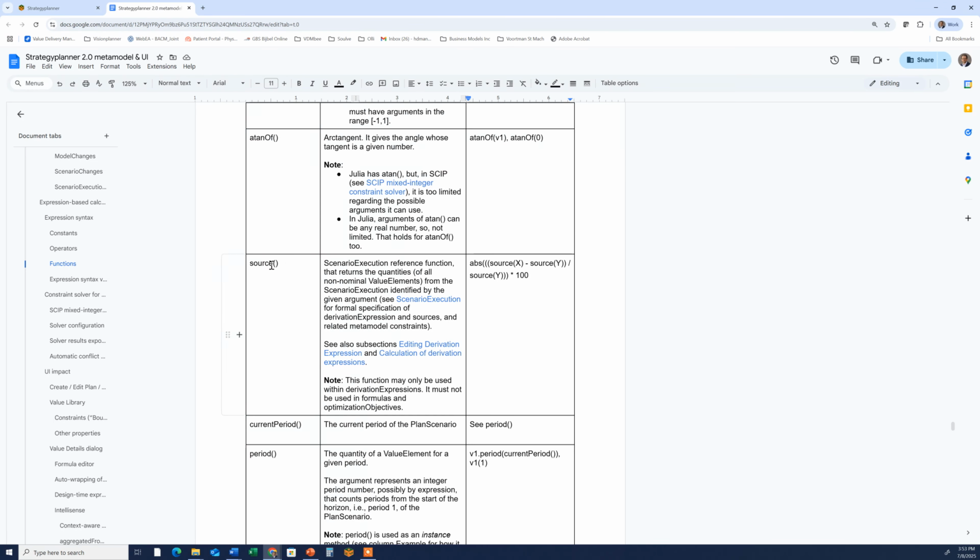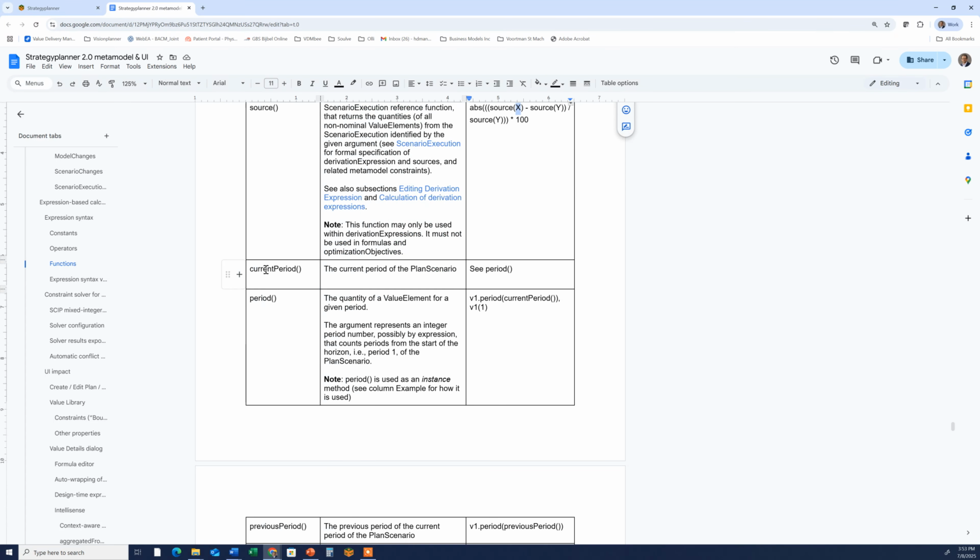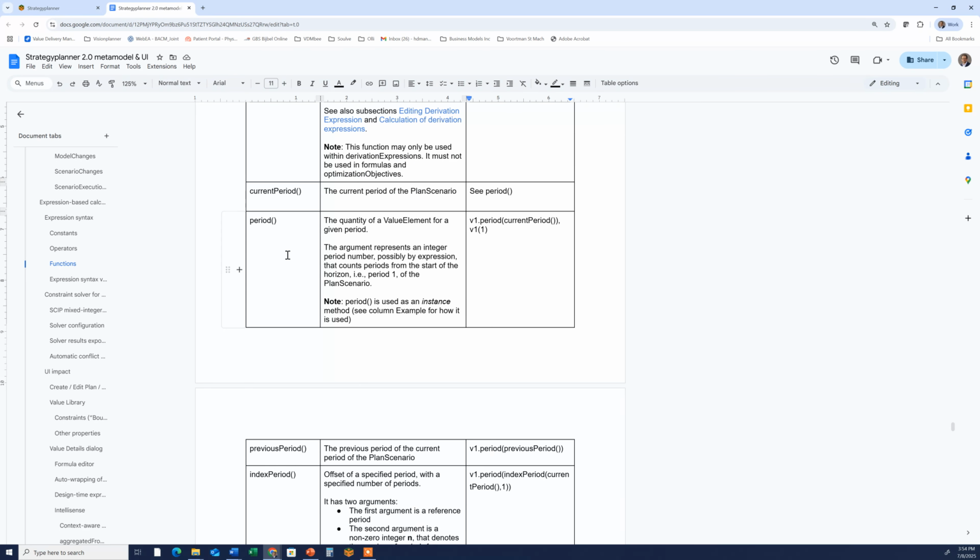Here is something to derive from tuples of values, like calculating over scenarios. We do that, if this is a scenario, by a source function. And a lot of period functions, because we are period oriented. You have periods like years, a horizon of years, and months, quarters that can be set. And then you can calculate over them from the expression